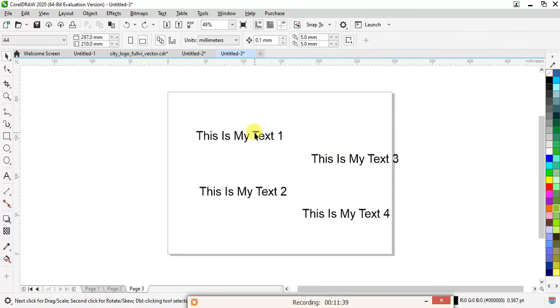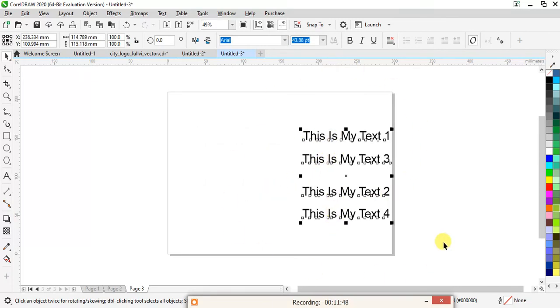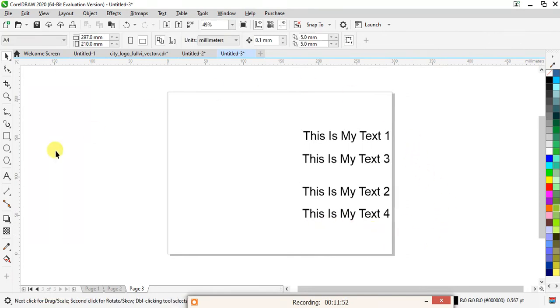Click on shift. Now see, everything got in a center. So this is how you can align your objects, text, or anything using the alignment options. So this was all about this lecture. We will continue next. Okay, thank you.